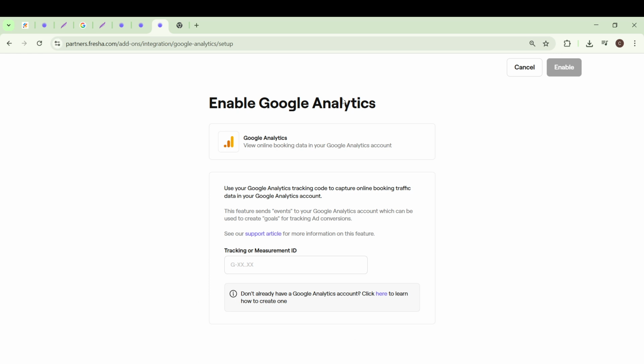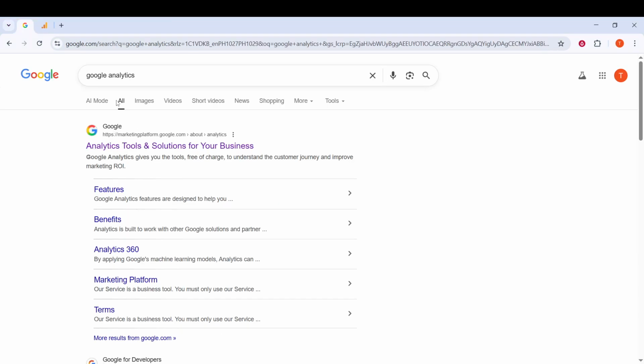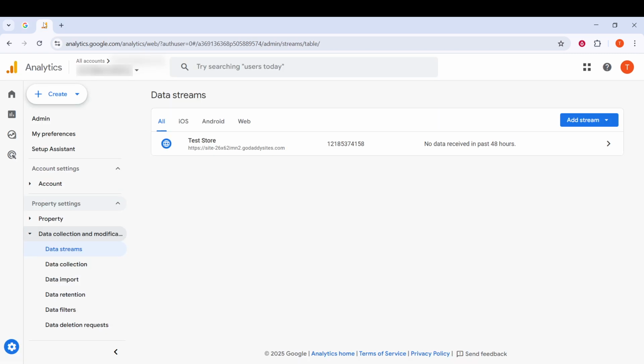During the setup, you'll be prompted to enter a tracking ID or a measurement ID. This ID is essential as it links your properties on Google Analytics with Fresha. If you haven't already done so, navigate to your Google Analytics account and head to your property settings to find this ID. Make sure to copy it carefully, as this sequence of numbers and letters plays a vital role in